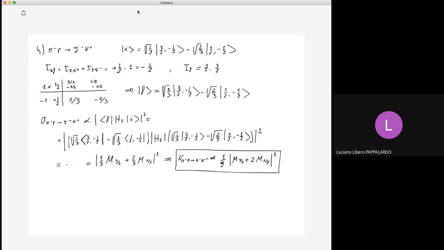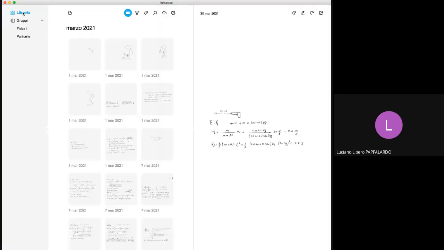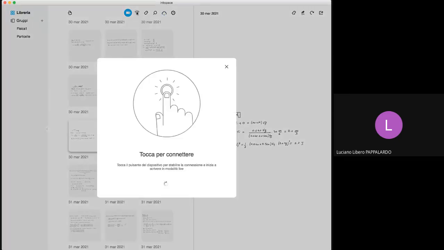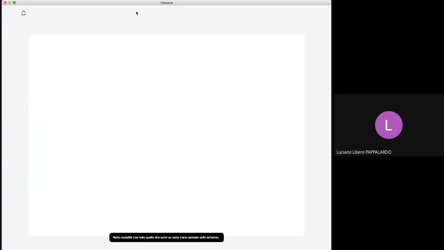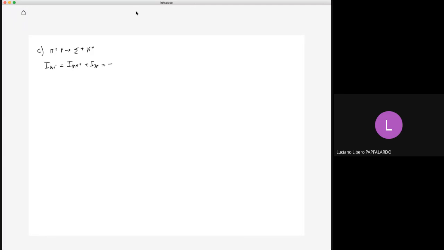Okay, let's now attack the last reaction. Okay, I can see it is now a pi plus proton that goes into a sigma plus K plus. So the third component of isospin in the initial state is that of the pi plus plus that of the proton, that is plus 1 plus 1/2 equal to 3/2. The total isospin